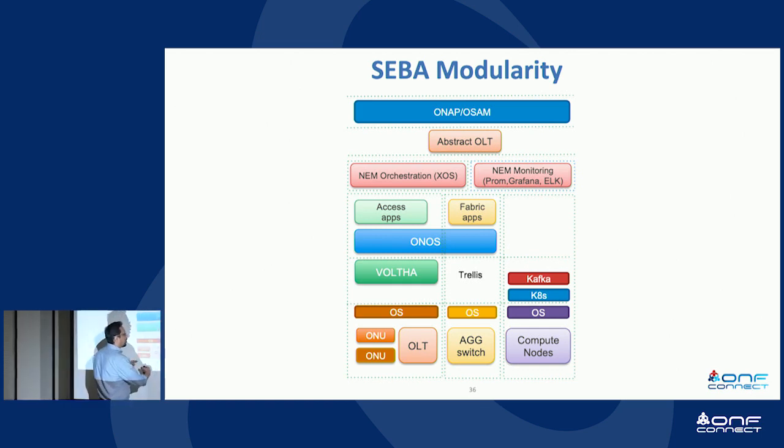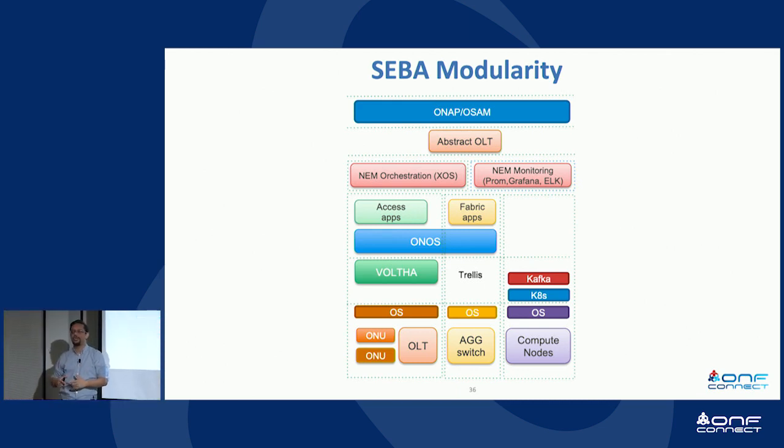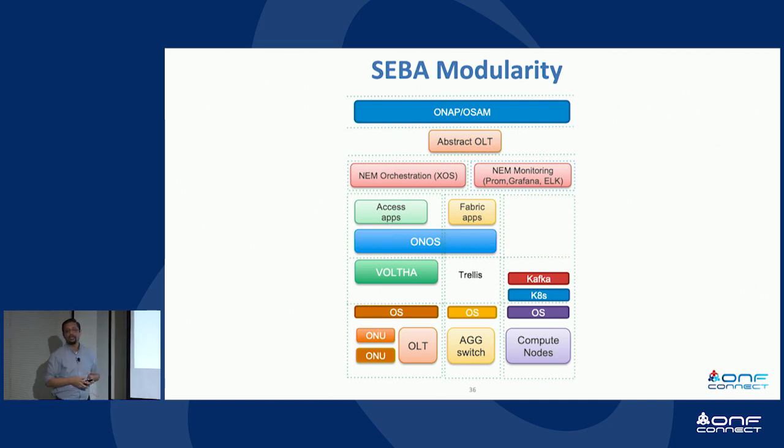So if you take all of this, the SEBA pod, but make it look like the chassis OLT, a traditional chassis OLT, that is one view of the pod that is presented to the global orchestrator. So just like the global orchestrator used to manage a traditional chassis based OLT, it can similarly manage a SEBA pod via the view that is presented to it by this piece of software that comes from AT&T called Abstract OLT.